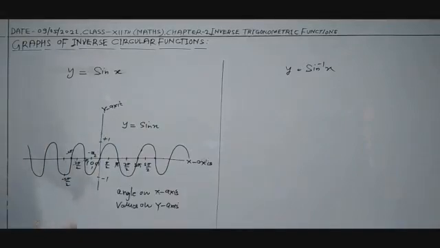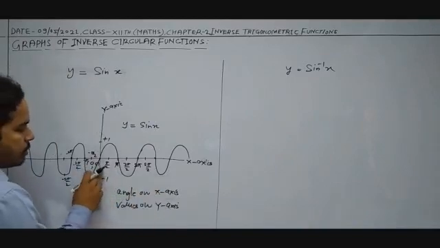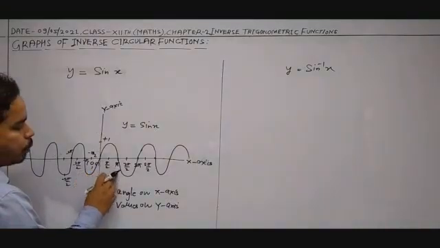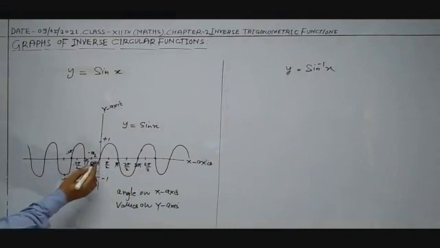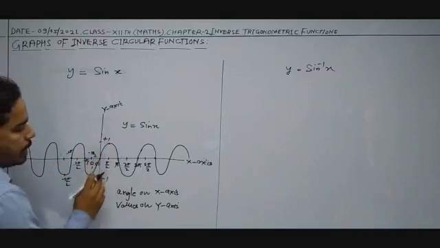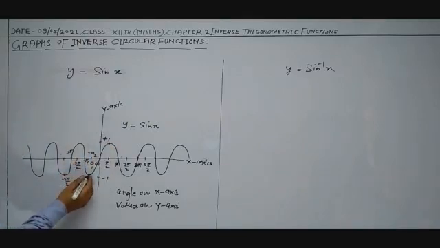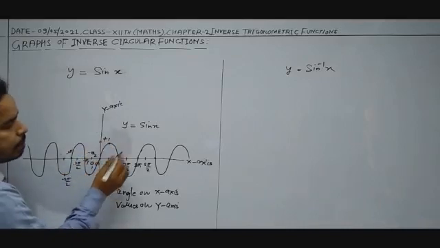Now again see, first you draw the x axis and y axis, and both will be perpendicular, and the angle on the x axis is represented in radians, that is 0 degree, pi by 2, pi, 3 pi by 2, 2 pi, 5 pi by 2, and so on. Similarly, the angle will be with negative sign: 0 degree, minus pi by 2, minus pi, minus 3 pi by 2, minus 2 pi, minus 5 pi by 2. So when you draw the graph, I know sin 90 value is 1 and sin minus 90, that is minus pi by 2, result is minus 1. So minus 1 is here, this is 1.